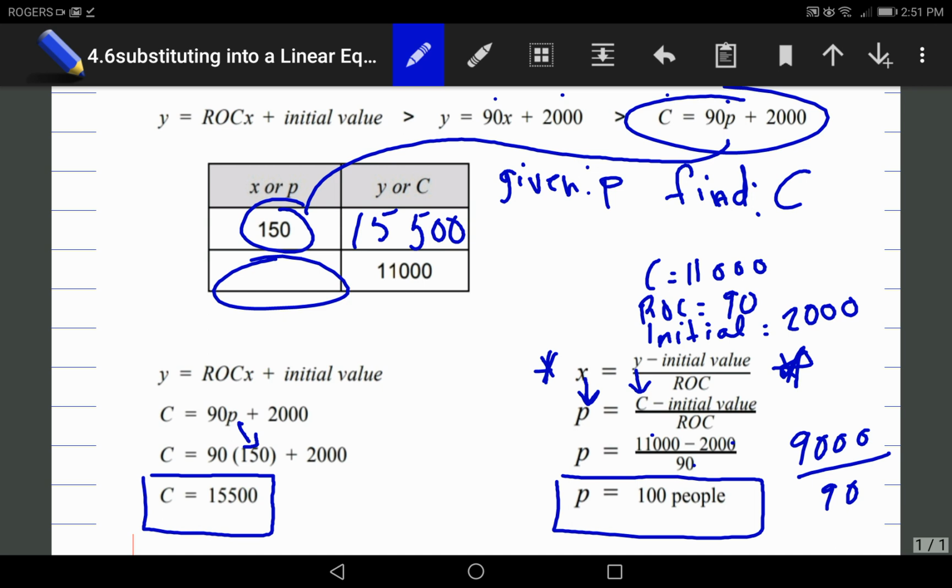So if your cost was 11,000, or let's just say you have determined that you can only afford spending $11,000, right? In real life, you can only afford to spend $11,000. How many people can you invite with that 11,000? Well, you can invite 100 people. So that answer would come right up here, 100. Okay, so these are real life scenarios that are using linear equations, everyone. All right, so they are used in real life all the time, especially in business, with a lot of